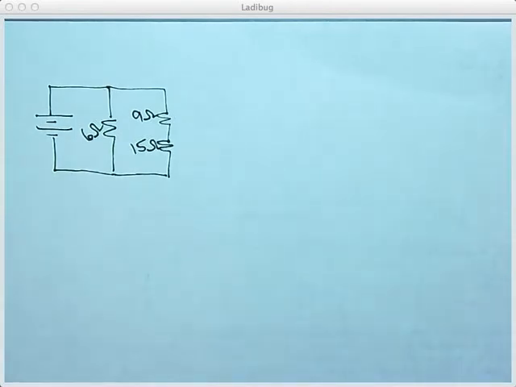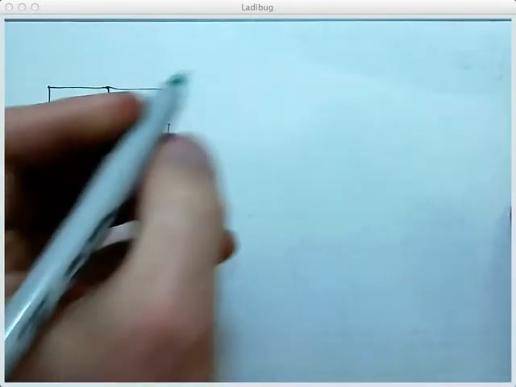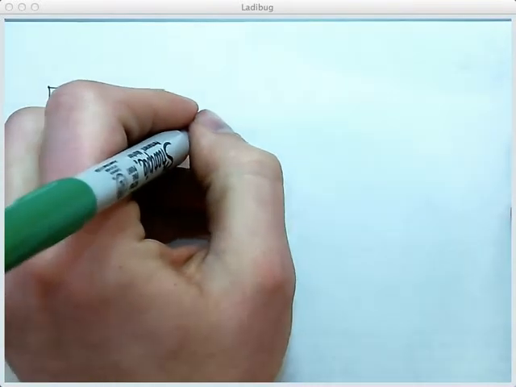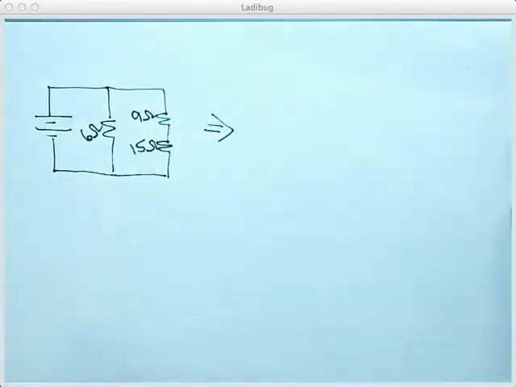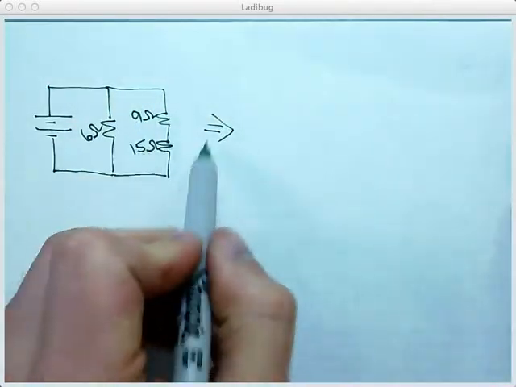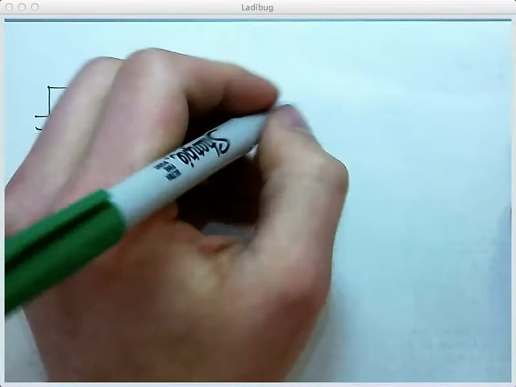Looking at this circuit, do you see any resistors in a series? Which ones? The 9 ohm and the 15 ohm, right? How do you know they're in a series? Not a split between them, right? Okay, so I'm going to transition from this circuit to a circuit where I have an equivalent for those two added. Okay, so I'm going to draw